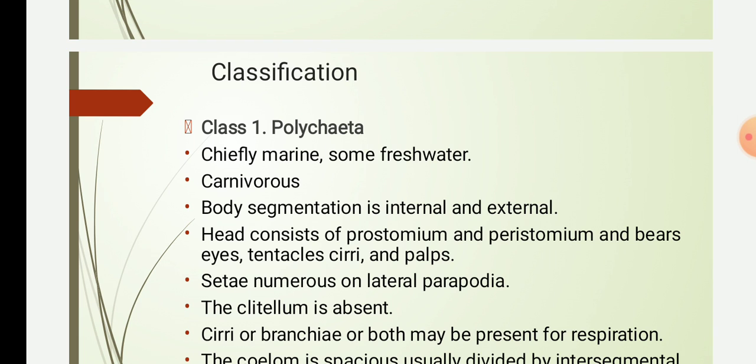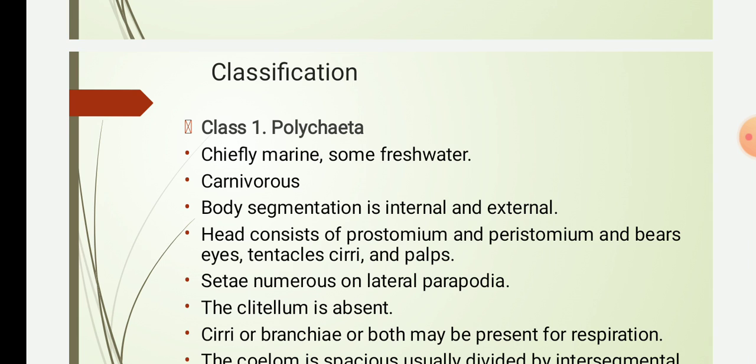Among these 8 classes, the first three are very important: class Polychaeta, class Oligochaeta, and class Hirudinea. You must remember these three classes because the emphasis is on them. There are others which are also important, but these three are the main classes of phylum Annelida. The others are class Archaeannelida, then class